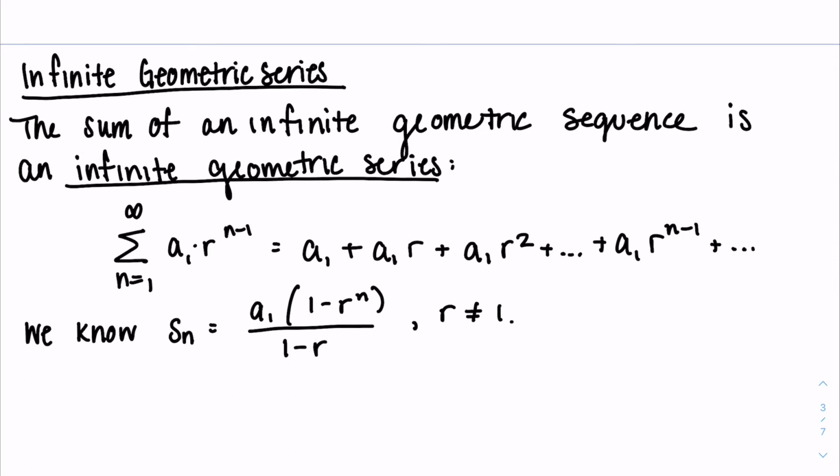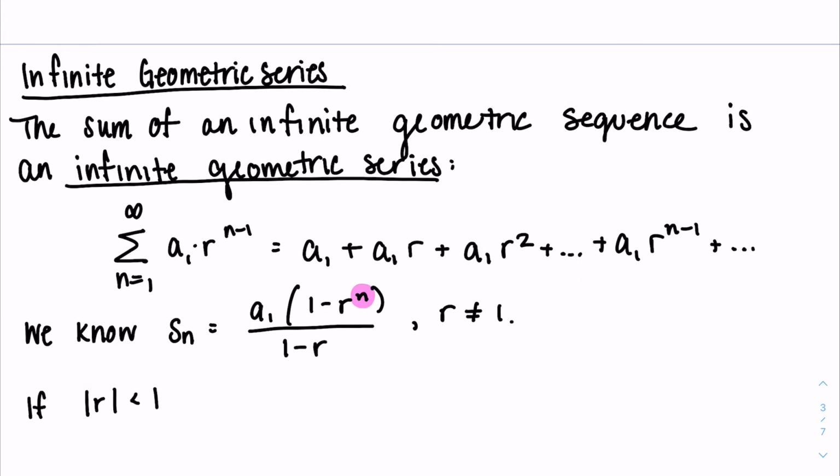Okay. So now we can actually go through and talk about an infinite geometric series. In this one, I am going to sum up an infinite number of terms, and based on that common ratio, it can actually equal something. So we sum up from i equals 1 to infinity of that general term. And we're going to utilize the fact that we know what a finite number of values sums to. If that common ratio is less than 1 in absolute value,